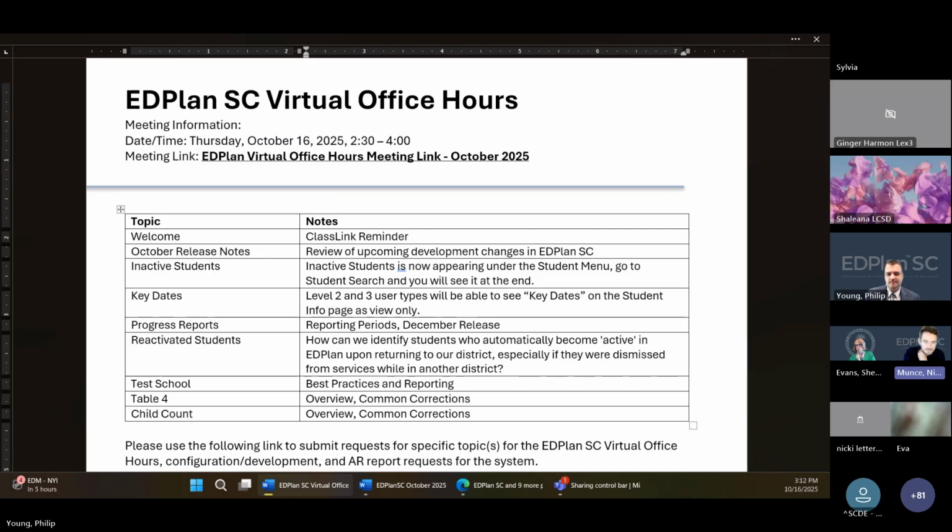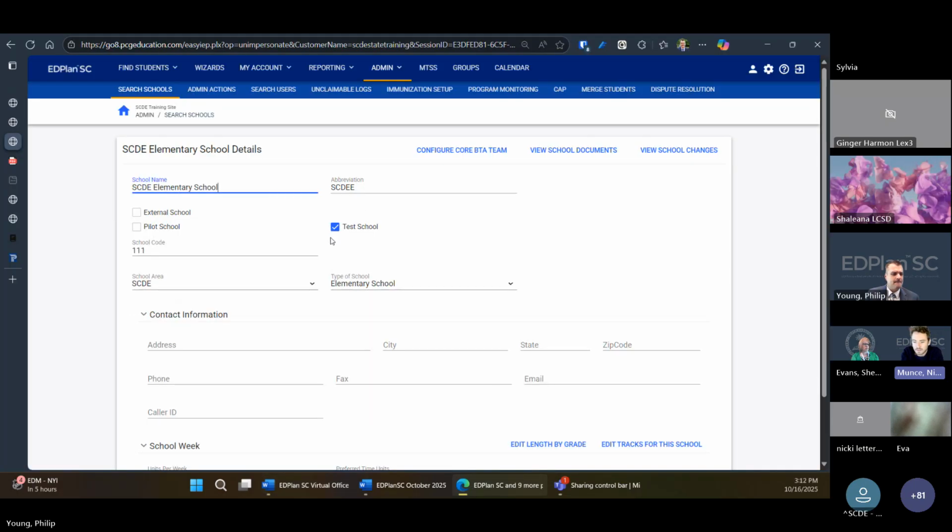I think we've gotten through the vast majority of these, but I know it was a trend about two weeks ago. Okay, Amanda is not seeing the test school box. All right, I'll check with our product team to make sure you can see that test school option. So if you're running into that difficulty and you're still seeing test schools showing up in your data, change the name. In the interim, that will take care of it. And then Phil and I will go back with our team and make sure you can see the checkbox as well.